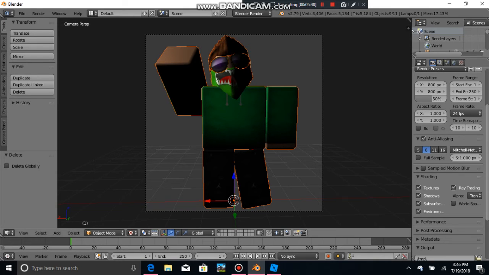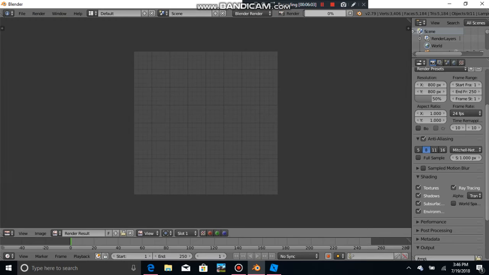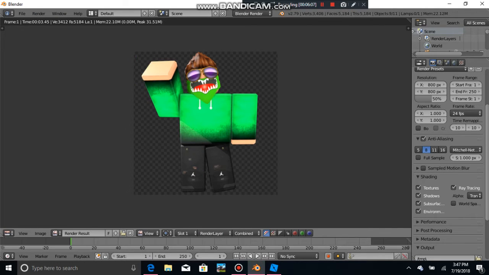And after that's done, you want to go down. If you're done with everything and you did the following, you want to go up here to where it says render, and you want to render the image. And this is what it's going to be like. Looks pretty good. So then you want to go down here where it says image, and you want to hit